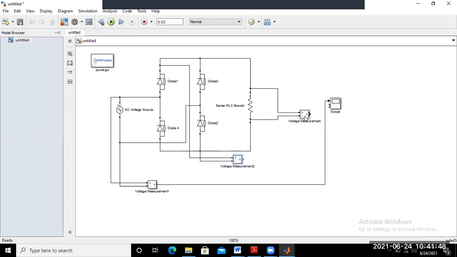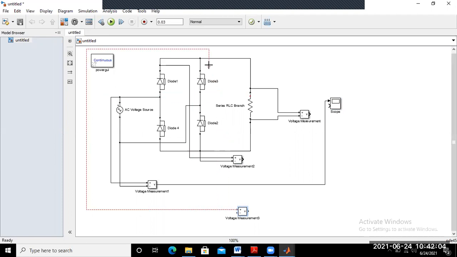Similarly, more voltmeters are required. Here a voltmeter will be connected across diodes D3 and D1. So this one is connected here across diodes D1 and D3.